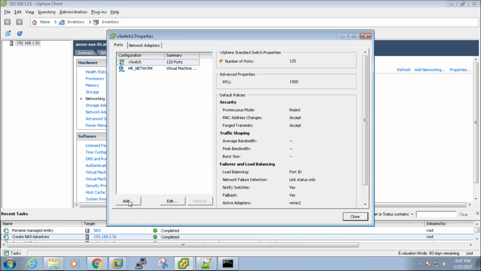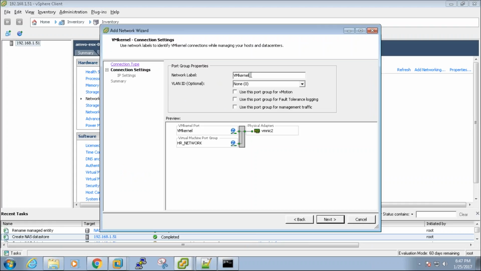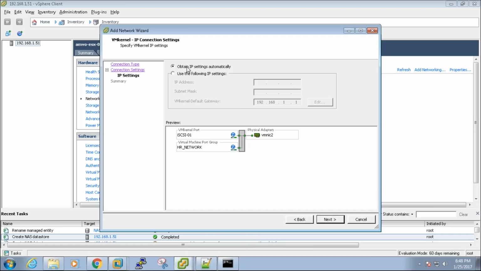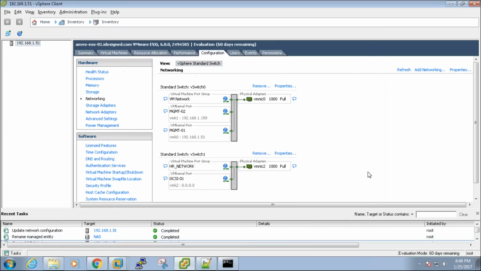So what I have to do here is create a VM kernel interface, and I want to call it iSCSI 01. I'm not choosing any one of these. I'm not saying use it for vMotion, fault tolerance, or management. You know what happens when you say management: with that particular IP, we can access this ESX using the vSphere client or PuTTY client. That is what we have seen in the first class.